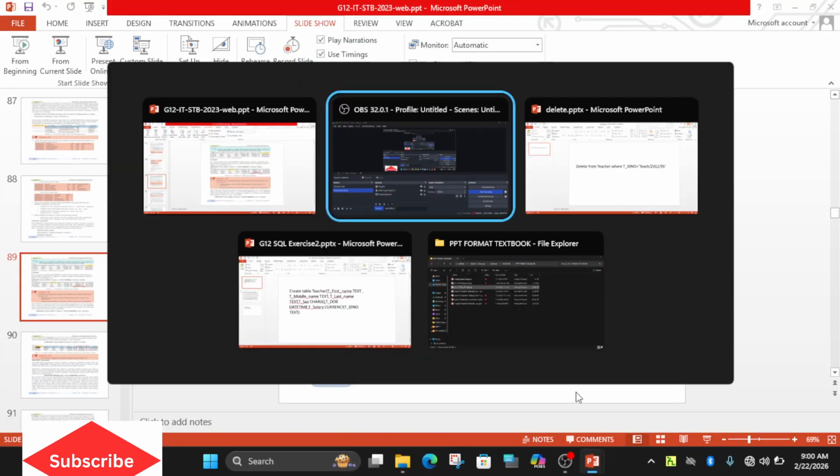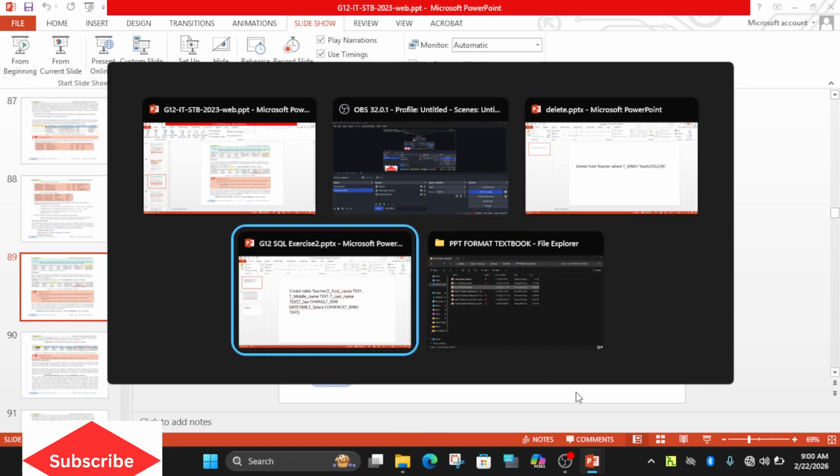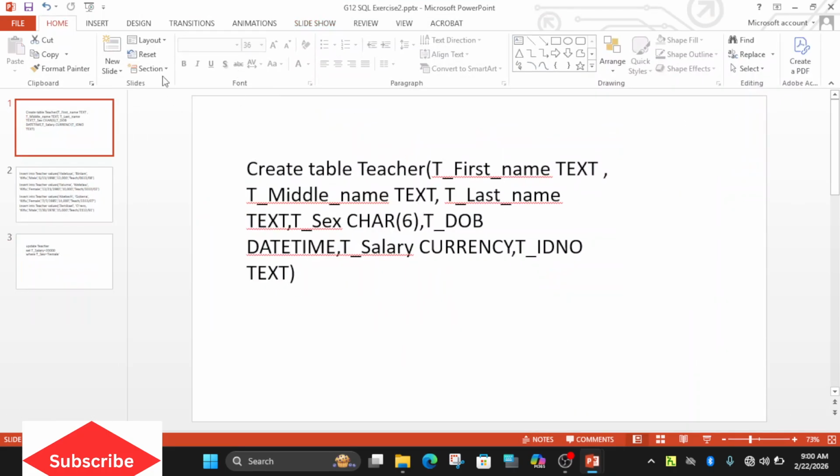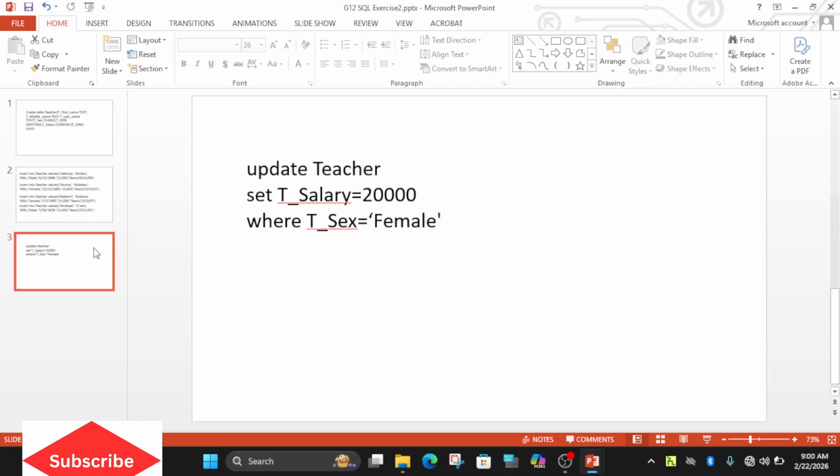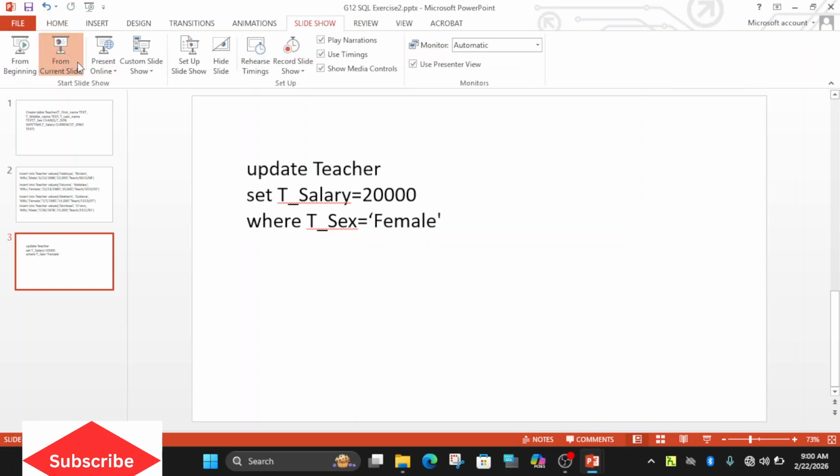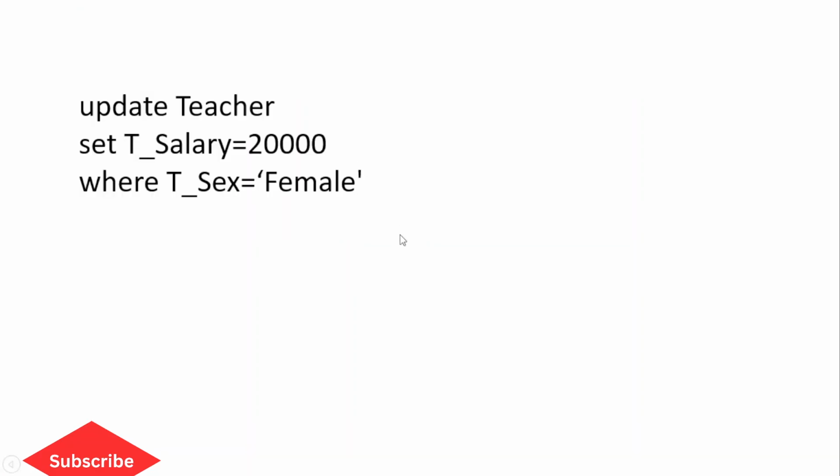Let me demonstrate. We are going to update the teacher table. UPDATE, the name of the table, teacher. SET the field name teacher salary, make it 20,000, for instance.